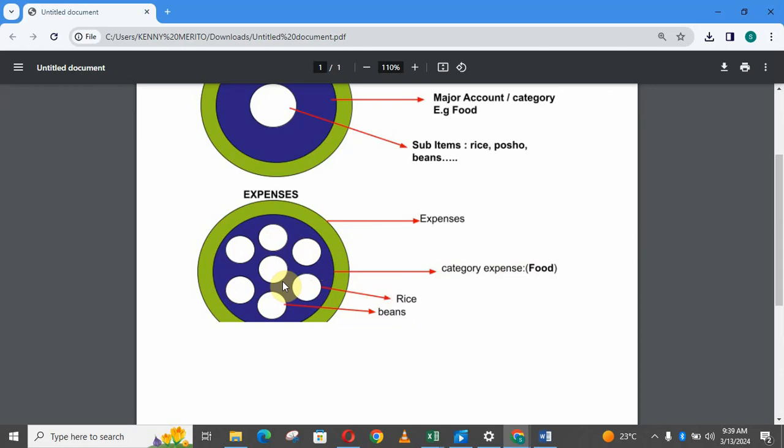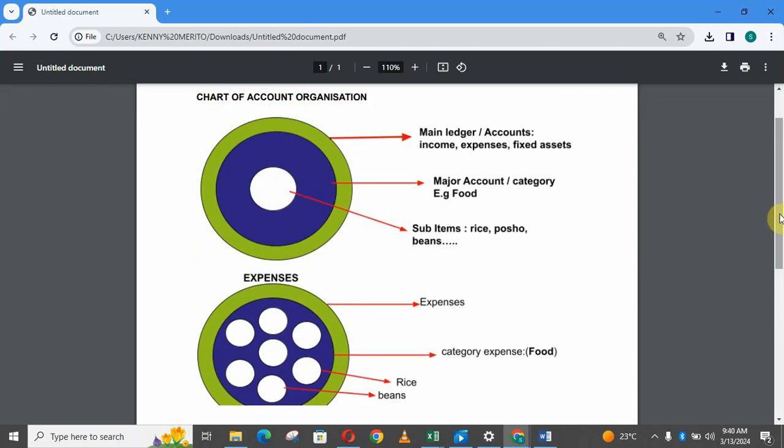And these sub items are created under the sub account. So the sub items all together make up the category which is food, and food as a category makes up an expenditure, as you may see right here. If you may take time and maybe look at our picture, it can give you how this chart of accounts,